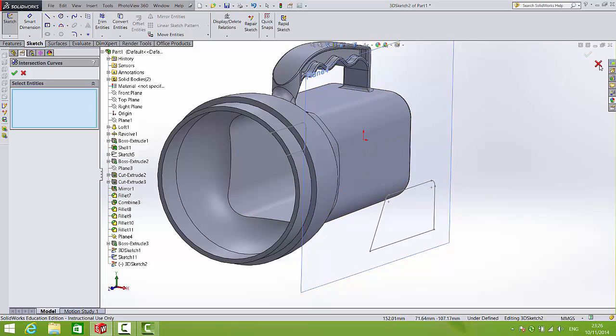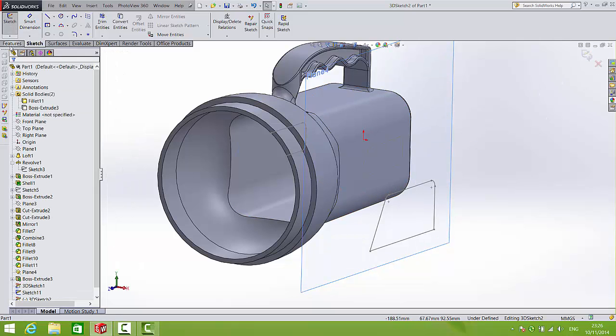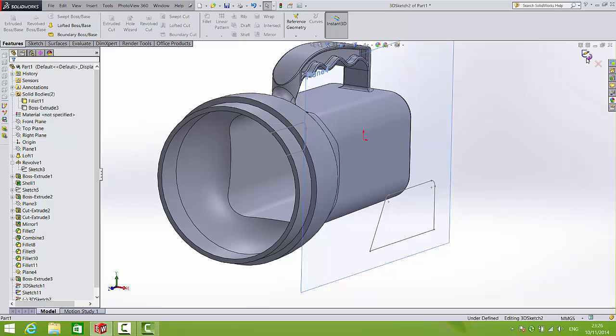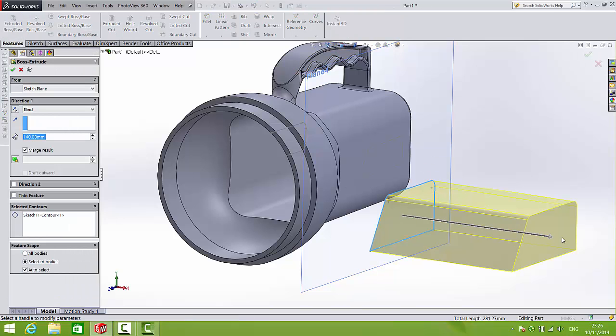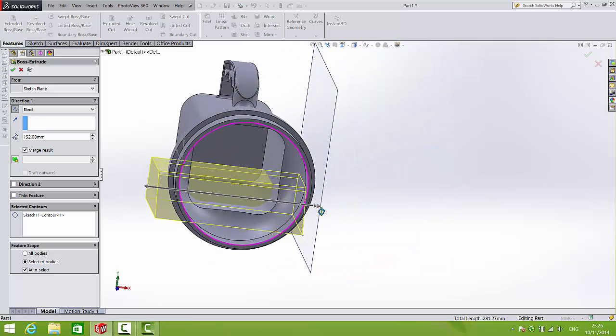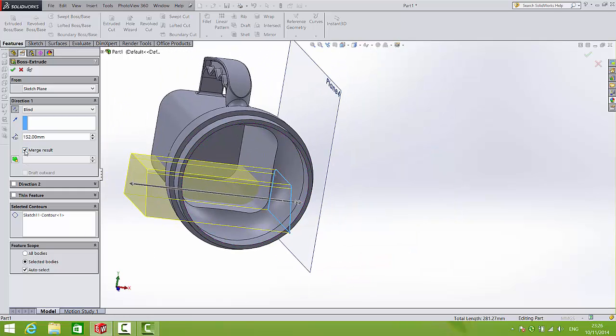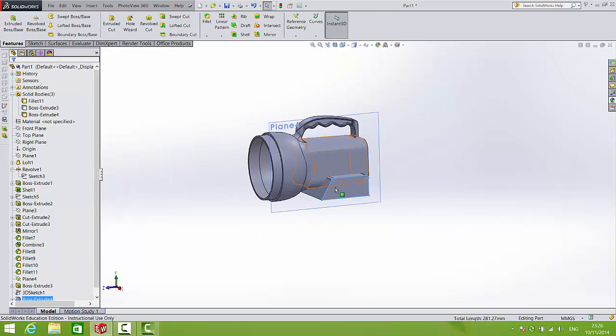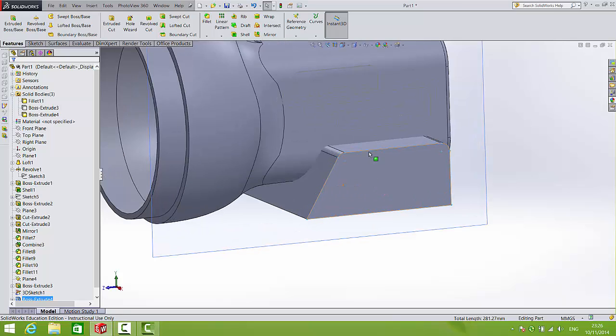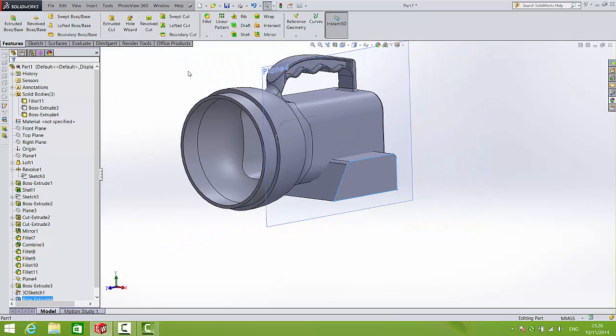Of course, I forgot to extrude it. So I'm going to X this and go Features, Extruded Boss Base. We'll extrude the profile first of all, of course, and make sure it goes through the solid. We won't merge the result. Press OK. And now, of course, it's not the sketch, it's the solid body I want to intersect with the